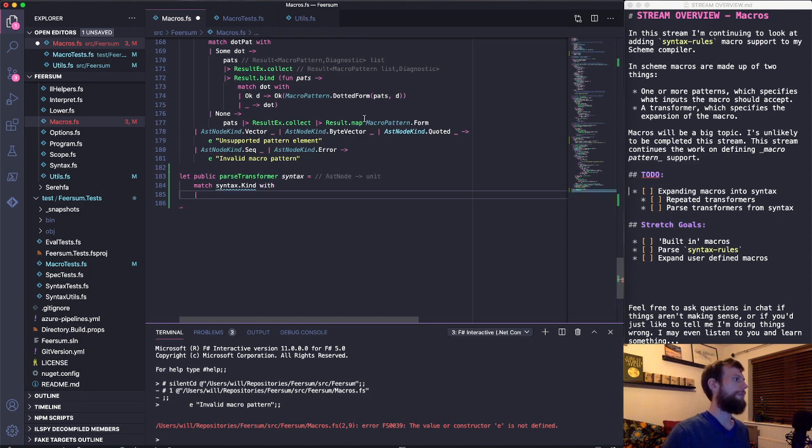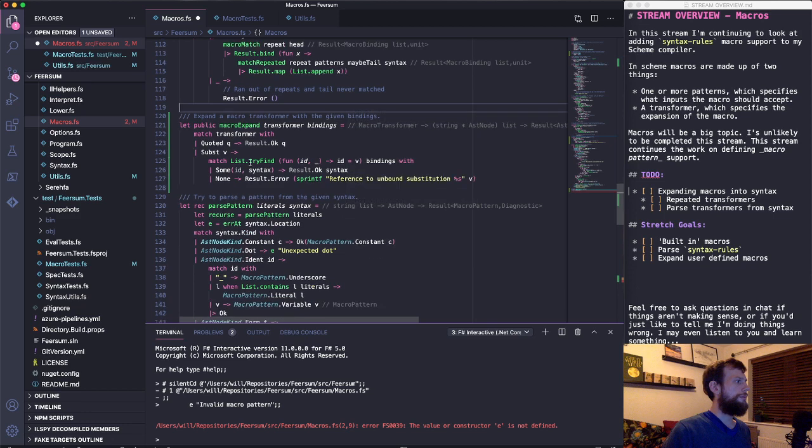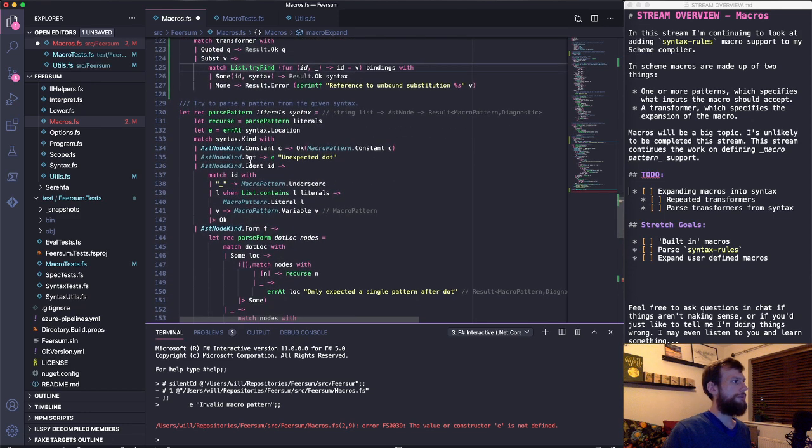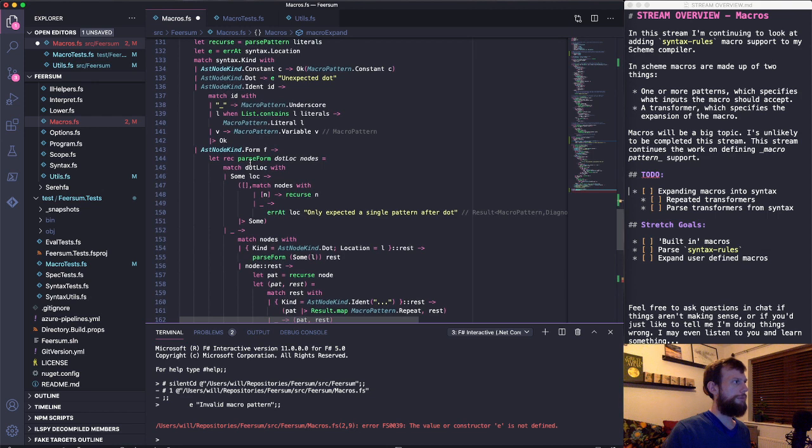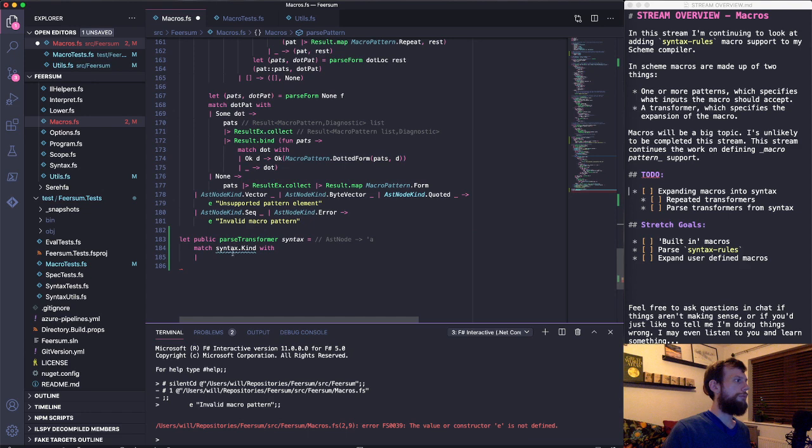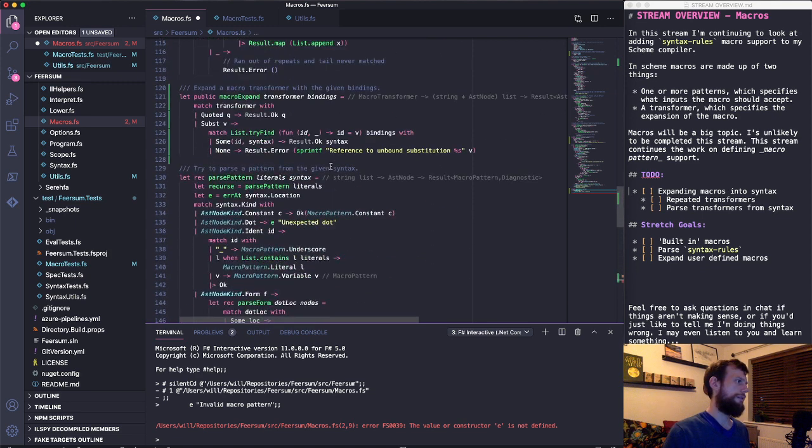And then, if it is a form, we will want to recurse in some way and build up some kind of nested template. If it is anything else,